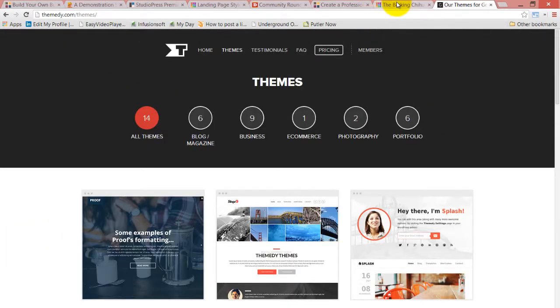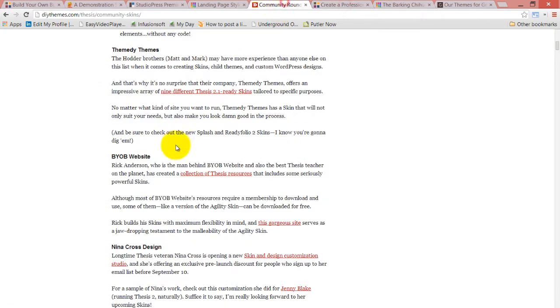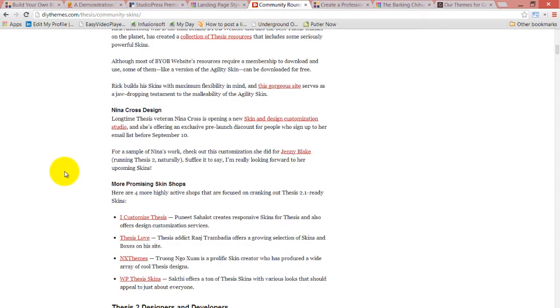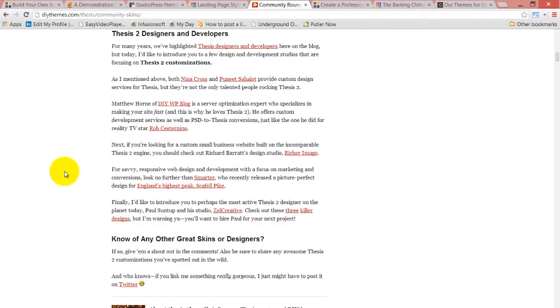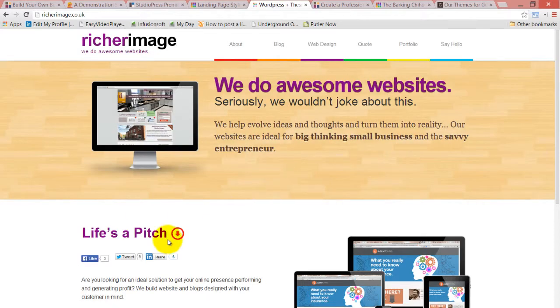There's one other source of third-party Thesis skins, and actually his skin is not out yet, but a friend of mine, Rich Barrett, who was the first person to release a skin when Thesis 2 came out. This is the link to his place, Rich Barrett, Richer Image. He's coming out with what I think is going to be a spectacularly functional skin for Thesis 2 that I think I'm waiting for him to come out with it because he's got so many great innovative ideas in it,